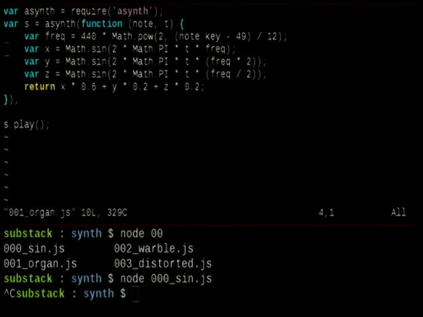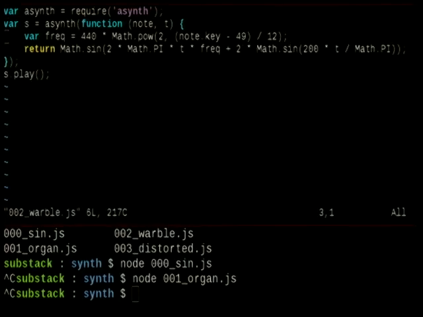Neat, so we can make our own synthesizers with little one-liners. Awesome. Here's a more complicated one. This one is like an organy sound. Basically, it's just a couple of sine waves at different mixer levels, all summed together. Sounds like this. Neat. And here's something a little sillier. This one is kind of like a warbly sound. It just fades in and out using one of those syncopated pattern tricks. If we play this, we get...